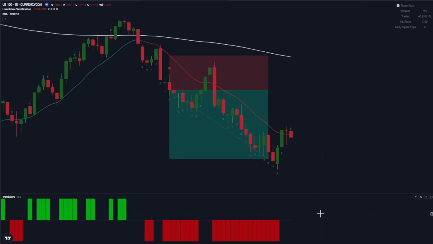And as in the previous trades, this was also a winning trade, and